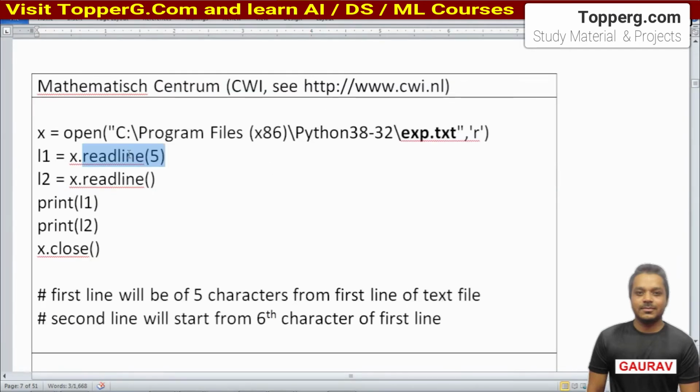So if I provide an integer number in the readline function, what will happen? It will read only the first 5 characters of that line. So L1 will get the first 5 characters of the first line, and L2 will not get the second line. L2 will get the characters starting from the 6th of the first line.